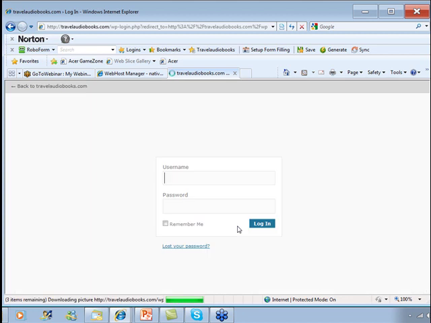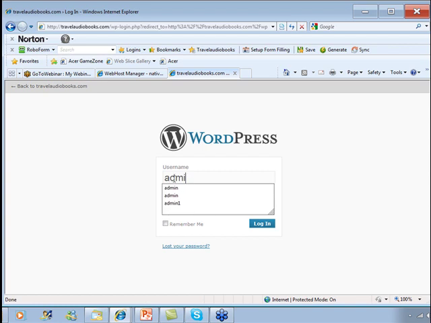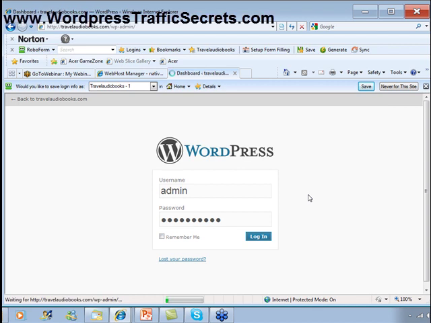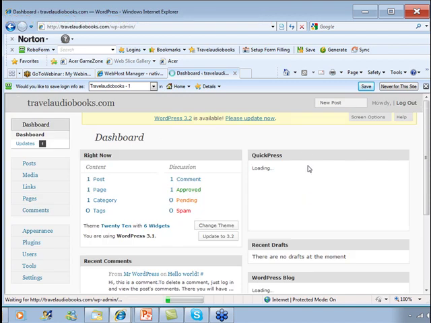So once there you go. So now it's going to ask us for our username and password. And if you remember what we just did a few seconds ago, there's our username. There's our password, and that should now let us log in to the back end of the site. Okay, I'll take you through that quickly. There you go. So there is now the content management system to control